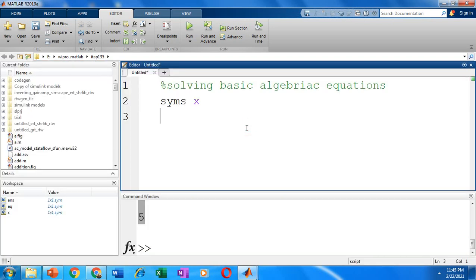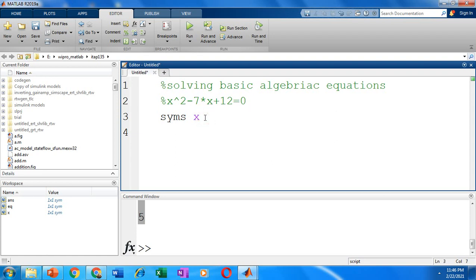Let's see another example. Let's see how to solve the quadratic equations in Matlab. So the solve function can also solve higher order equations. It's often used to solve the quadratic equations. Let's take one example. Let's consider our equation x squared minus 7x plus 12 and say we are going to solve this making use